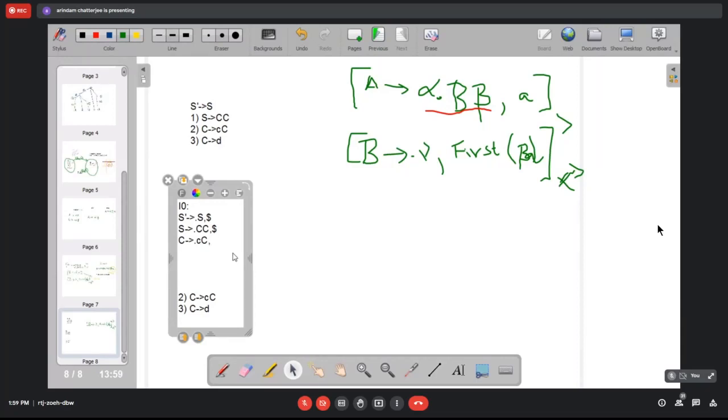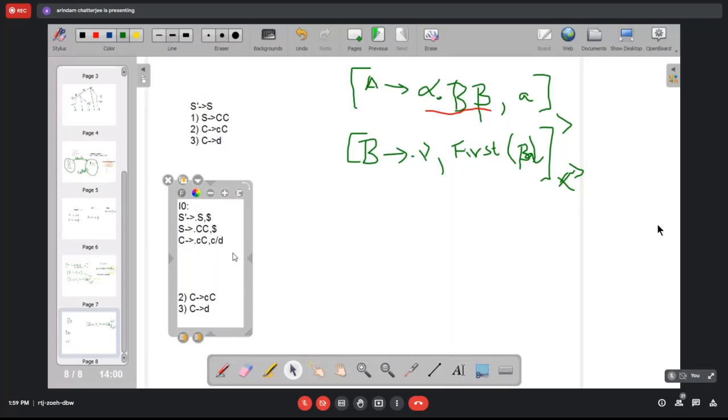Now here you can see your alpha is epsilon, B is capital C, and beta is also capital C. A is dollar. So the closed item is capital C producing dot small c capital C, comma, first of beta A. A is dollar. What is beta here? Beta here is capital C. So first of C dollar. What is first of C? First of C can be small c or small d.